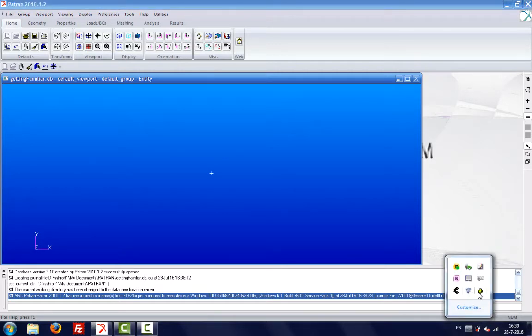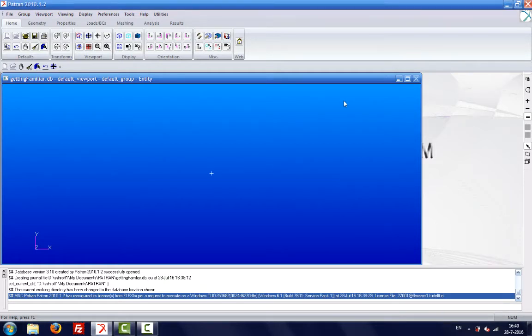Again, I apologize in advance. I have to keep using the VPN to connect to the university network. So if this goes off in between, I'll lose my license and hence I cannot save anything. So if it goes off, I will be reconnecting to it by means of my password. So there may be a delay of a few seconds there. Now,